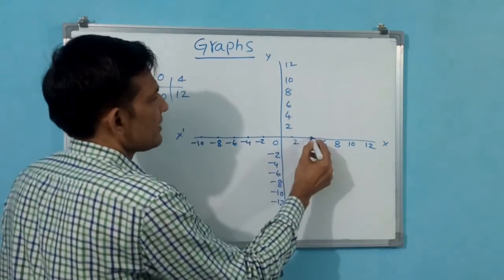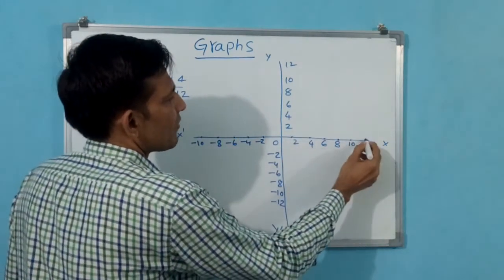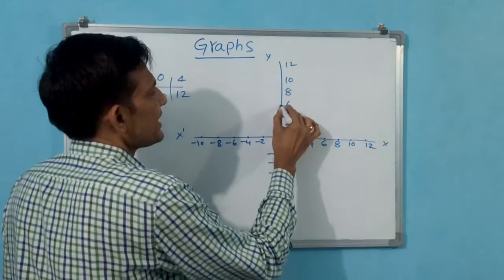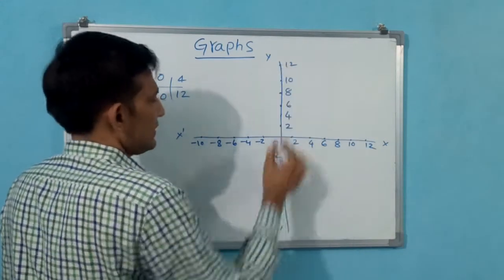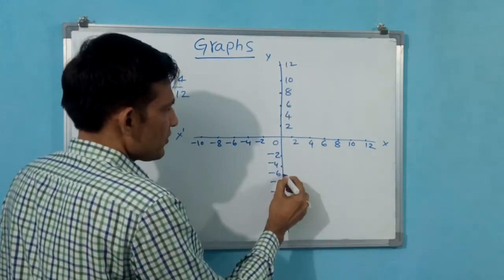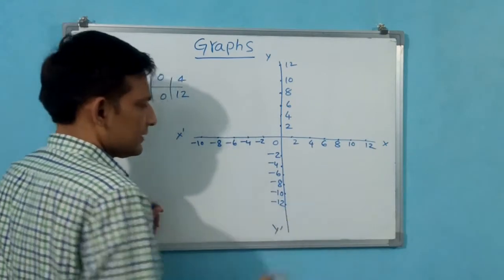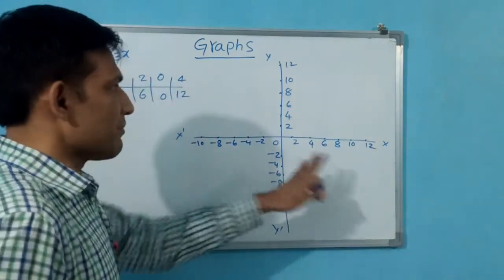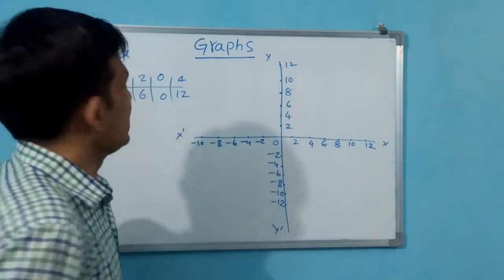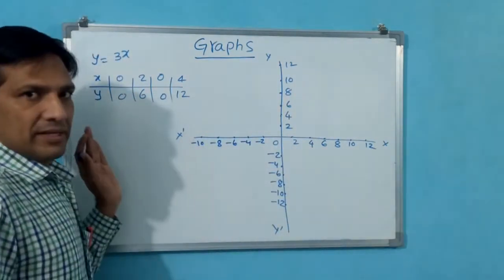What are these dots here? First of all, you have to understand. In your graph paper, the graph lines will already be there. But in your notebook, you have to make them like this. Even if I have not made dots, you have to make points. Okay. Now we plot the graph.